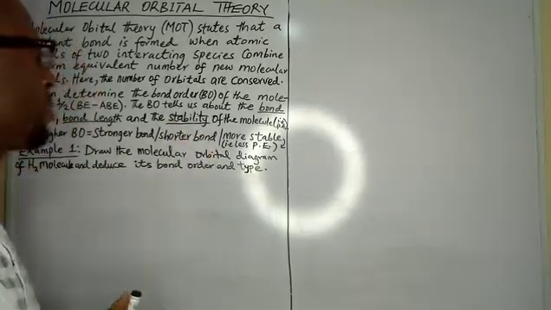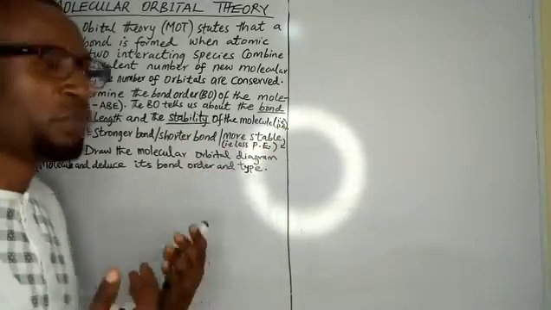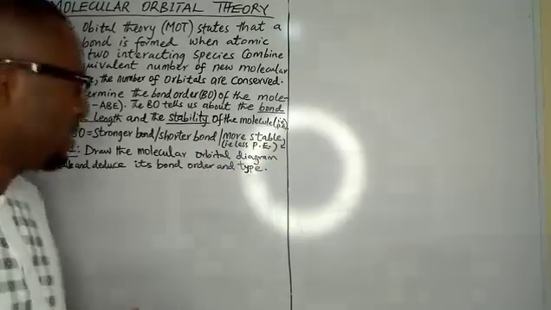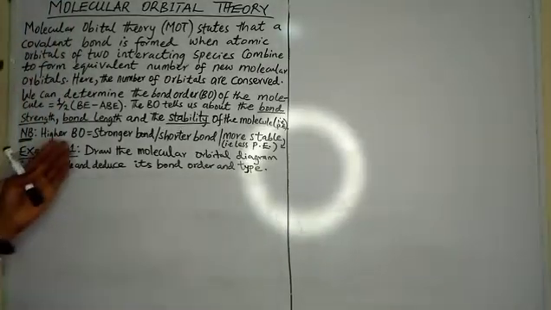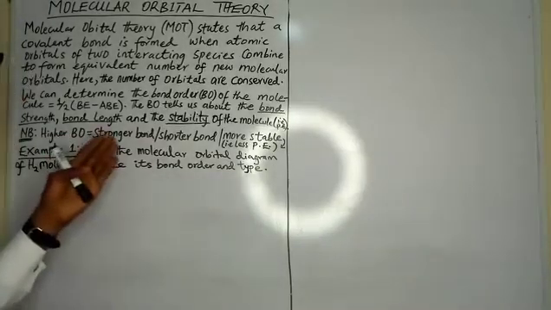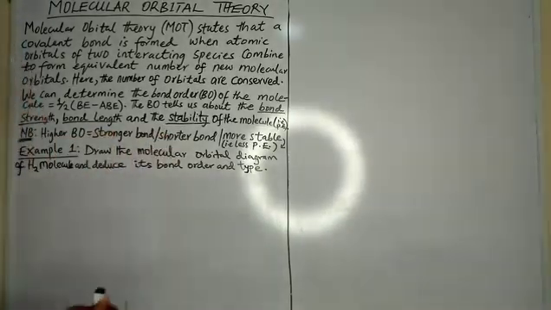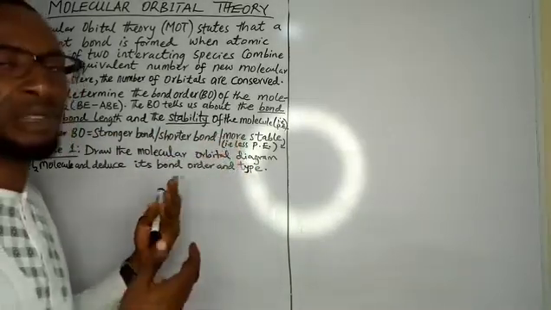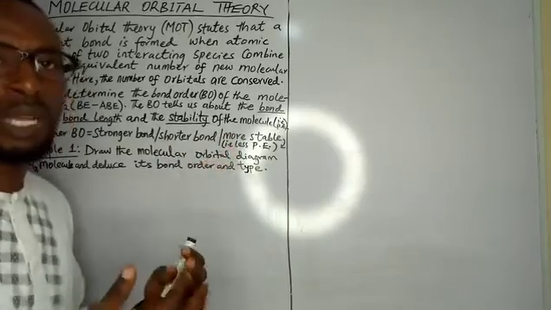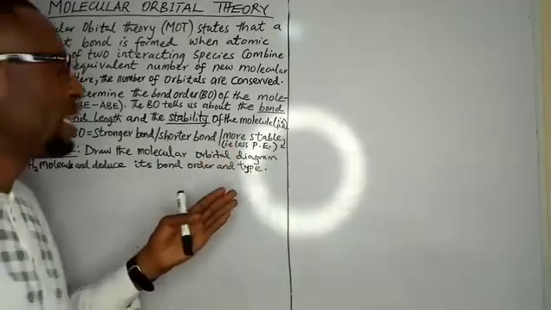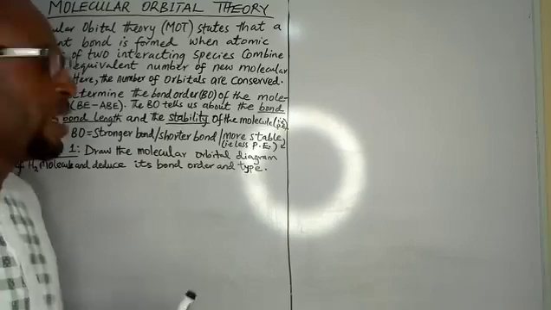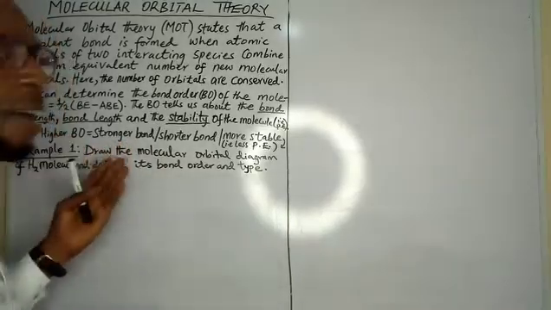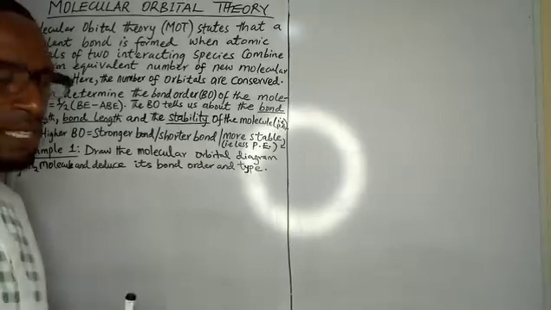When we talk about the stability of a molecule, we are talking about the potential energy that it possesses. We are going to explain that going forward. Suffice it to say that if you get a higher bond order, that is equivalent to a stronger bond, a shorter bond, and of course a more stable bond. Bonds that are more stable have lower potential energy. It means that the molecule is less reactive. It is stable and less reactive because it has a higher bond order, and vice versa.